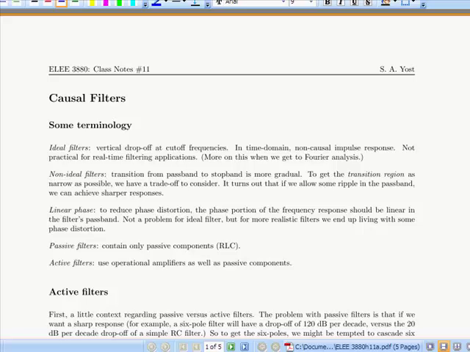Okay, hello everyone. In preparation for our class session on Monday, I would like to provide you with this finishing up of the filter section so that we don't get too far behind. So what we'll do in this video is there's probably going to be more than one part to it, but